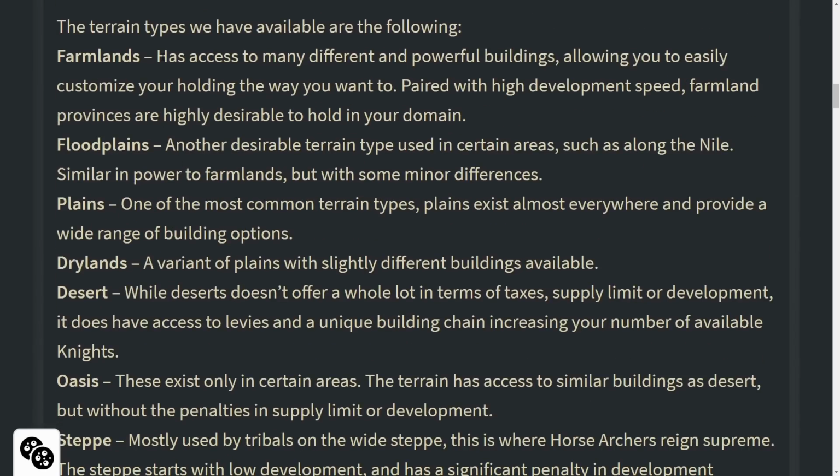We have farmlands, which have access to many different and powerful buildings, allowing you to easily customize your holding the way you want it. Paired with high development speed, farmland provinces are highly desirable to hold in your domain. We've got floodplains, another desirable terrain type used in certain areas such as along the Nile. Similar in power to farmlands, but with some minor differences. Probably more food